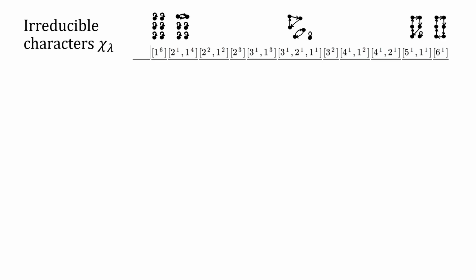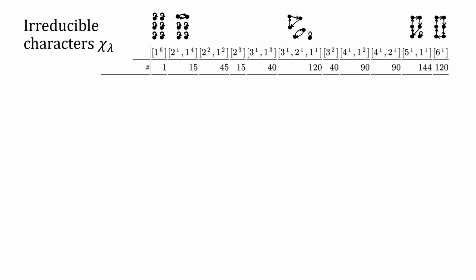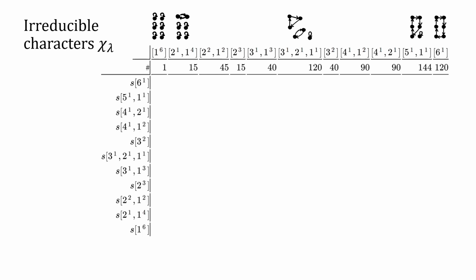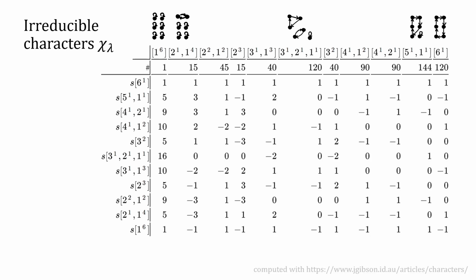For an example, let's fix n to be 6, so we look at 6 by 6 matrices and the group S6. This here is a character table. Each column corresponds to one of 11 possible cycle formats. The numbers in this row just count how many permutations have a given format, and a class function can now be specified by a row vector. The irreducible characters of S6 are 11 particular row vectors, which are again indexed by partitions, and these row vectors span the entire space of class functions.